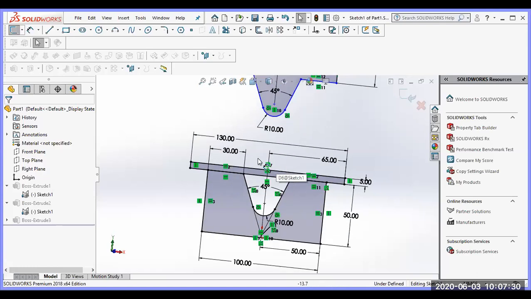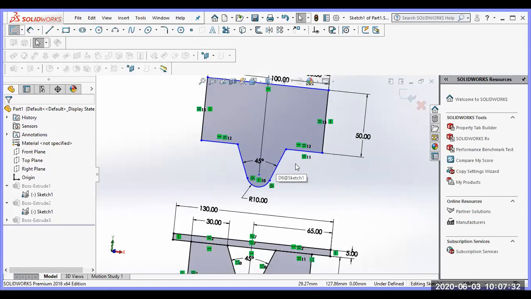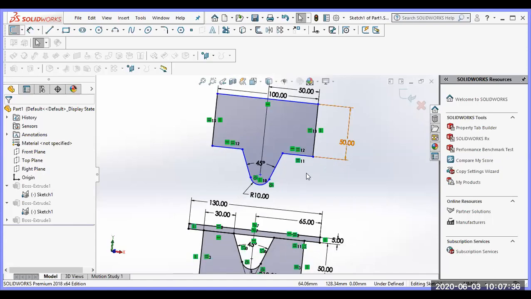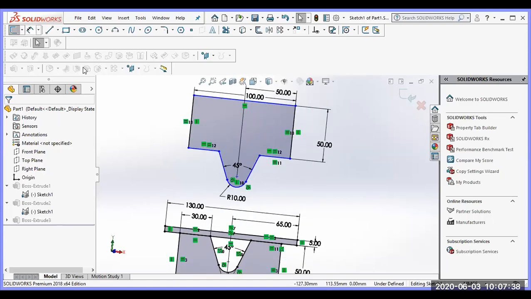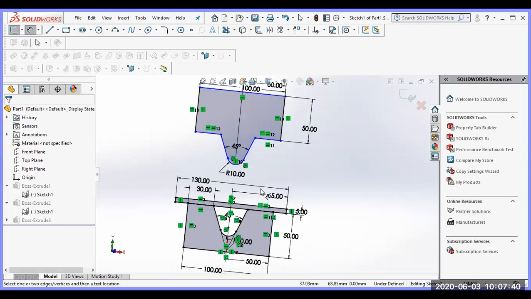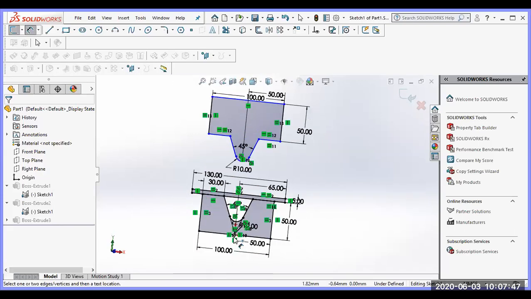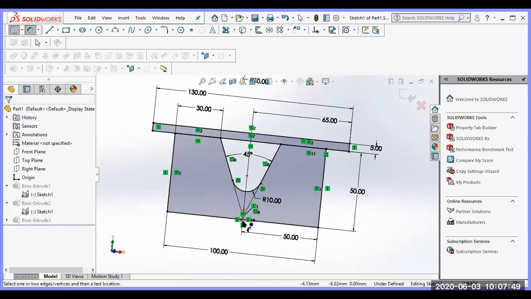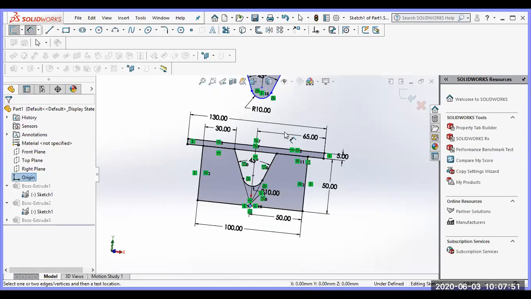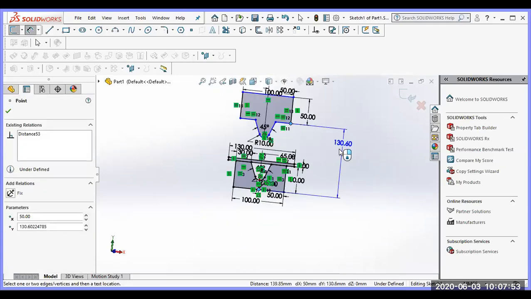Similarly for the punch, the dimension we select is the same 100 mm size and 50 mm height. But the distance from here to here is the punch height, and the die height I maintained the same here. Now this is not fully constrained, I think; I deleted it. Now it's okay.